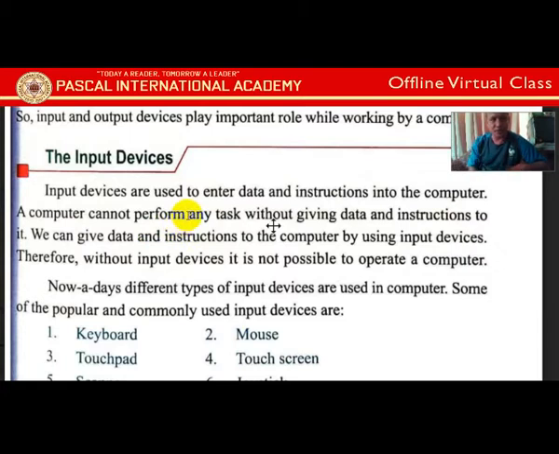We can give data and instruction to the computer by using input devices. What device do we need to give input? We need input devices. Therefore without an input device it is not possible to operate a computer.